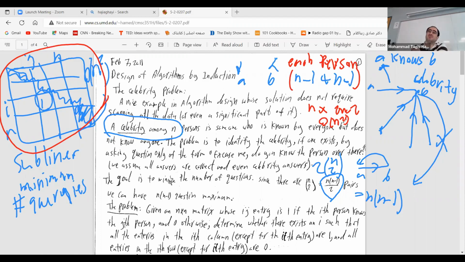Yeah. You could move through each row until you find a 0, and then you know that the j in that entry is not a celebrity, because not everyone knows j. Yeah, but when we consider algorithms, we should consider the worst case. The worst case is that they might all be 1 and you need to go through essentially the whole matrix.